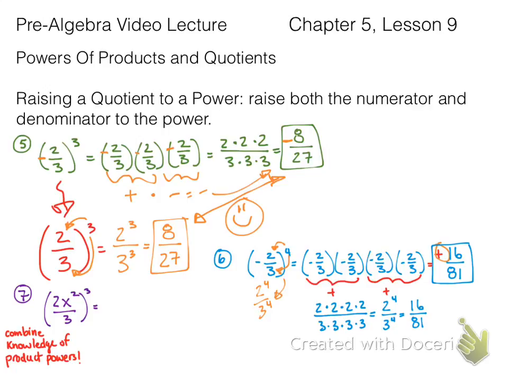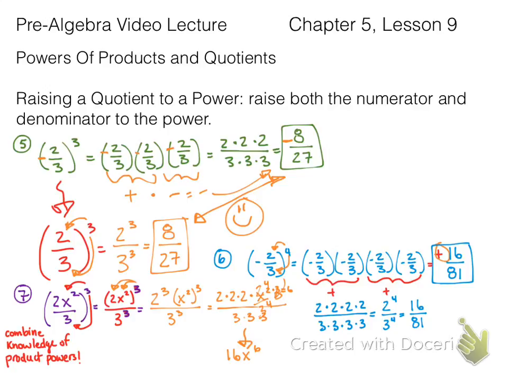All right, next problem. This is a multiplication problem inside of a division problem, which is then cubed. Yes, it is a crazy problem, but you can do it. Just remember what you learned on the previous slide and combine it with what you know about a division problem. So we have the product on top, which is 2 times x to the second, all to the third, over 3 to the third. So we're going to distribute the third power: 2 to the third times x to the second to the third over